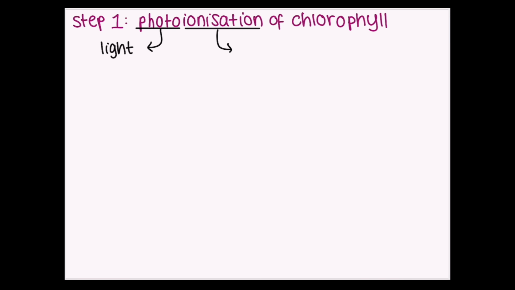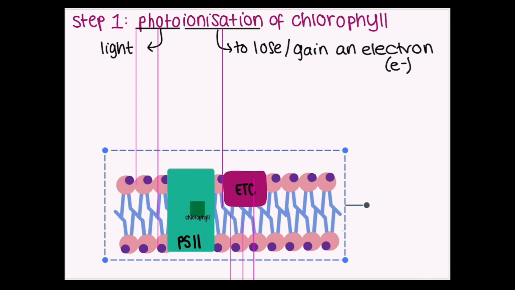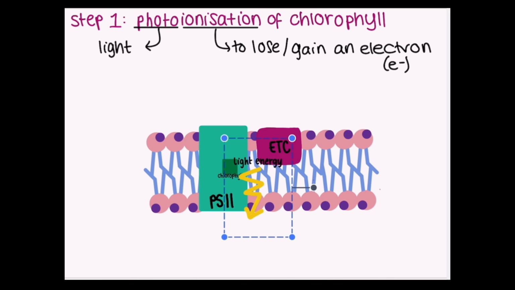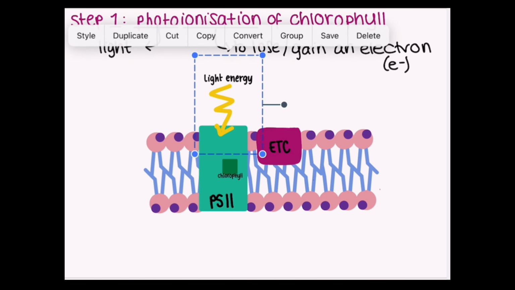The term photoionization itself, if we split it up, photo refers to anything to do with light, and ionization refers to when a molecule or an atom becomes ionized or charged, meaning that usually it either loses or gains an electron to become either positively or negatively charged, respectively. In this case, the chlorophyll loses an electron and becomes positively charged, so let's have a look at how that